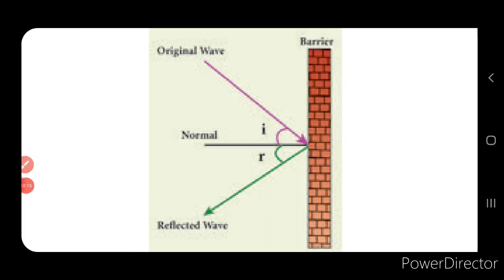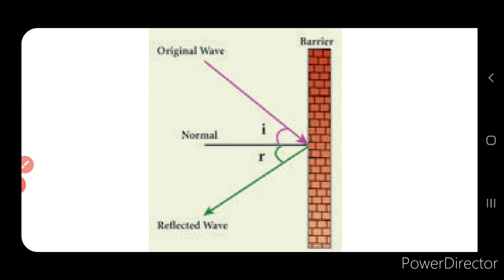Now if you talk in an empty room, there will be a small or soft repetition of your voice, isn't it? So this is nothing but the reflection of the sound. So when the sound waves travel in a particular medium, what will happen? It will strike the surface of any other medium, like a solid medium. Now if it is traveling through an air medium and strikes the surface of a wall, so that is another medium, isn't it? So what will happen when it strikes? It bounces back, it reflects back. So that phenomenon is known as reflection.